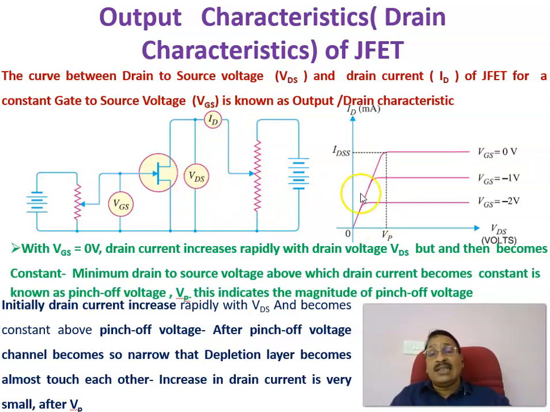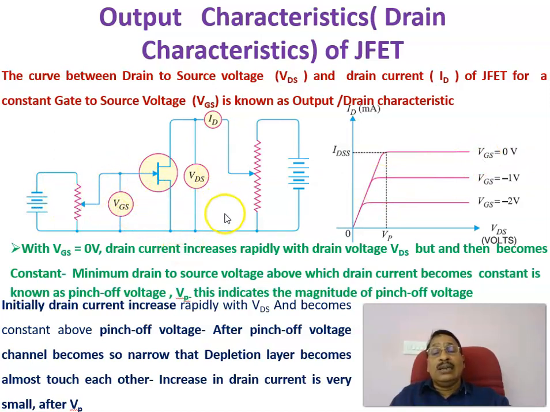If you plot the same thing here, the output characteristic called the drain characteristics, in the second case, as VDS is increasing, because of the reverse biasing effect of the gate to source voltage, the saturation effect takes place earlier. For example, if it is at 4 volts for the first case, it may take place at another voltage, say 3 volts, with VGS equal to minus 1 volt. Therefore, it happens before the first case when VGS equals 0.